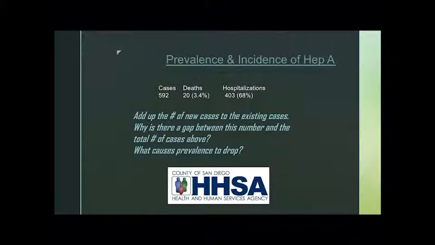Hopefully you remember from the video that man talked about, there are only 2 things that allow prevalence to drop. Do you remember what they are? Death and cure. We can look at the numbers for death here. There were 20 deaths. So if we have 592 total cases, but we had 20 deaths, then that means 572 people were cured, or at least they didn't die. That is how we come up with a prevalence rate that lowers. It can only be lowered because people either got better, they were cured, or they died.